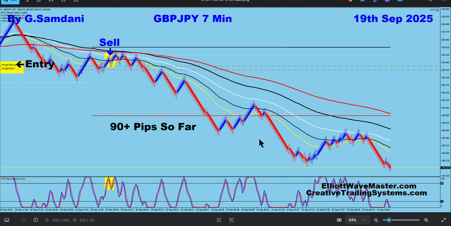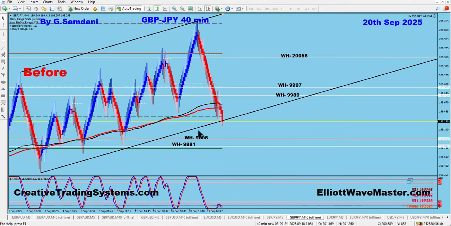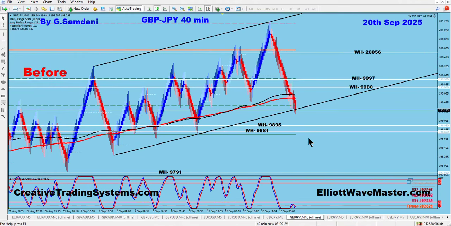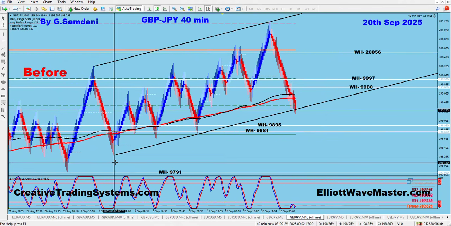So if you really want to learn, for a Forex pair, it's very easy: between the 40 and the 7, a 40-minute reversal. And see now, for example, what do you think is going to happen here? What do you think after this big move? A kid can tell you exactly, right? So you see this from here to here. It came down here. All you have to do is wait for a reversal candle.